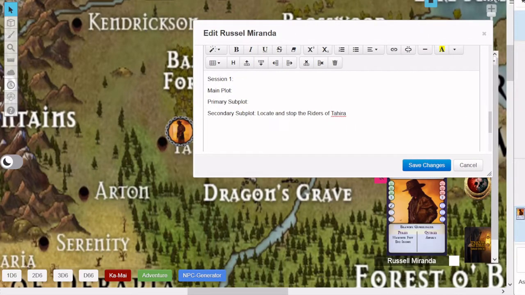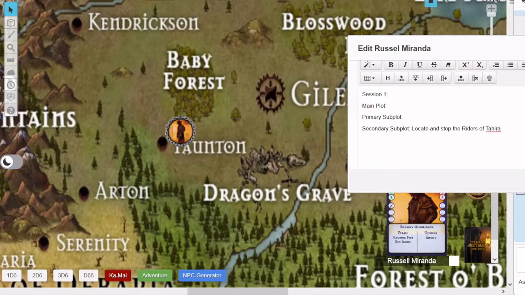And let's see, you can't see the stuff off to the right there. Maybe I should adjust that, but all right, so it's advice and rivalry. So main plot is advice and rivalry. Currently, for the main plot, I just have the basic D66 table from the solo rules built in there. I do plan on expanding that, though.